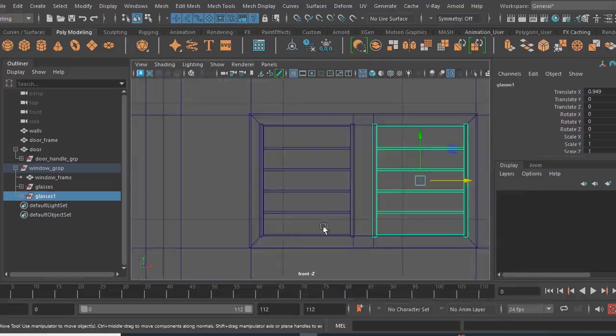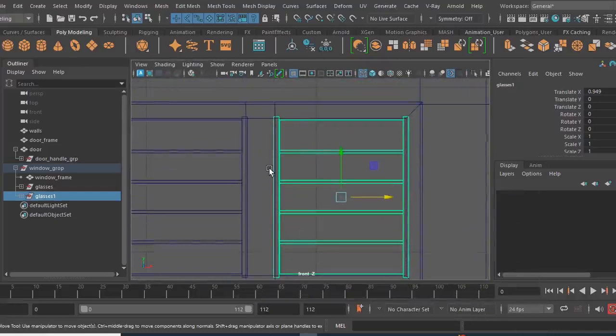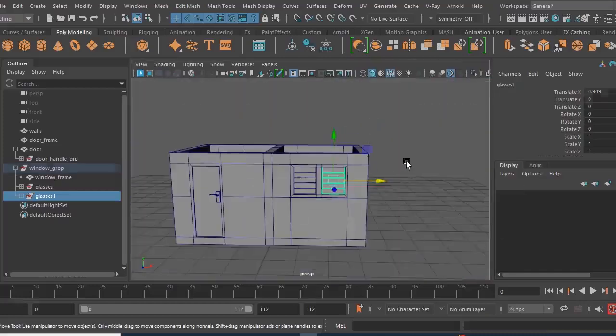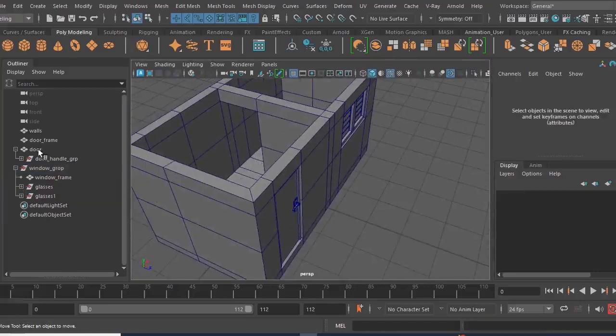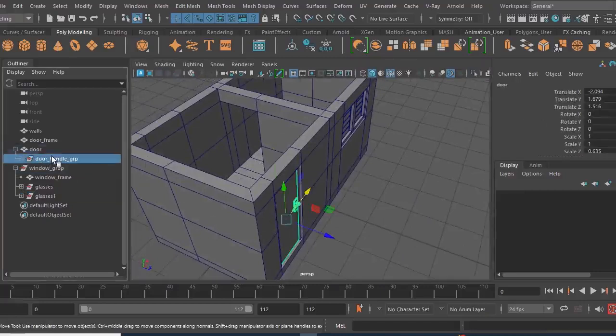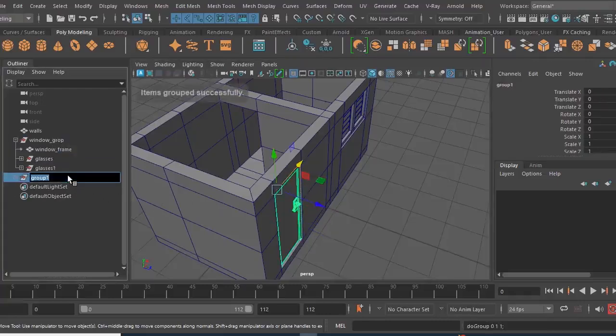Make sure it's properly placed. Okay, that's fine. So we have doors and windows set up. One more thing for the doors group. Click from door frame to door, right click, then shift click that, Ctrl G, create door group,